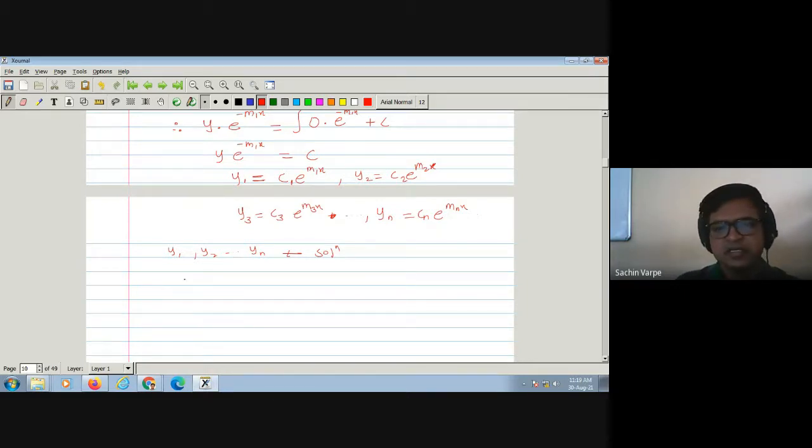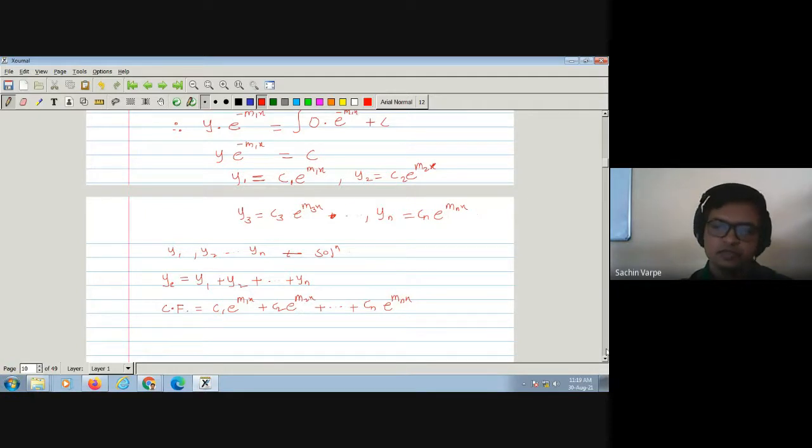So let us consider that linear combination to be simply addition, y1 plus y2 plus and so on, yn, and that is again a solution, y. And that solution we will call a complementary function, yc. So therefore here we get the standard general formula of the complementary function: CF is equal to the sum of all those sub-solutions. What are those? c1 e to the power m1x plus c2 e to the power m2x plus and so on, cn e to the power mnx. Is this clear?